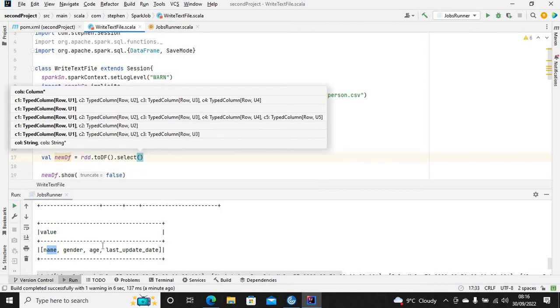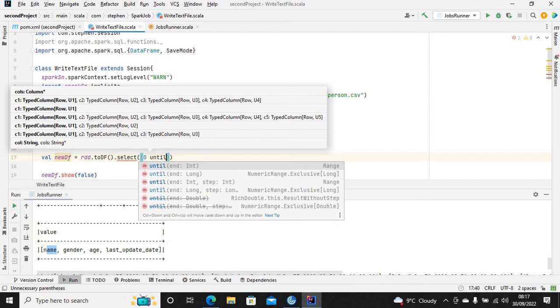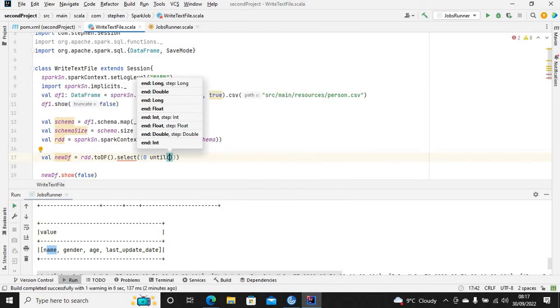So I want to select each of the schema. To do that, I'm going to iterate over each of these elements, so that will be from 0 until schemaSize,